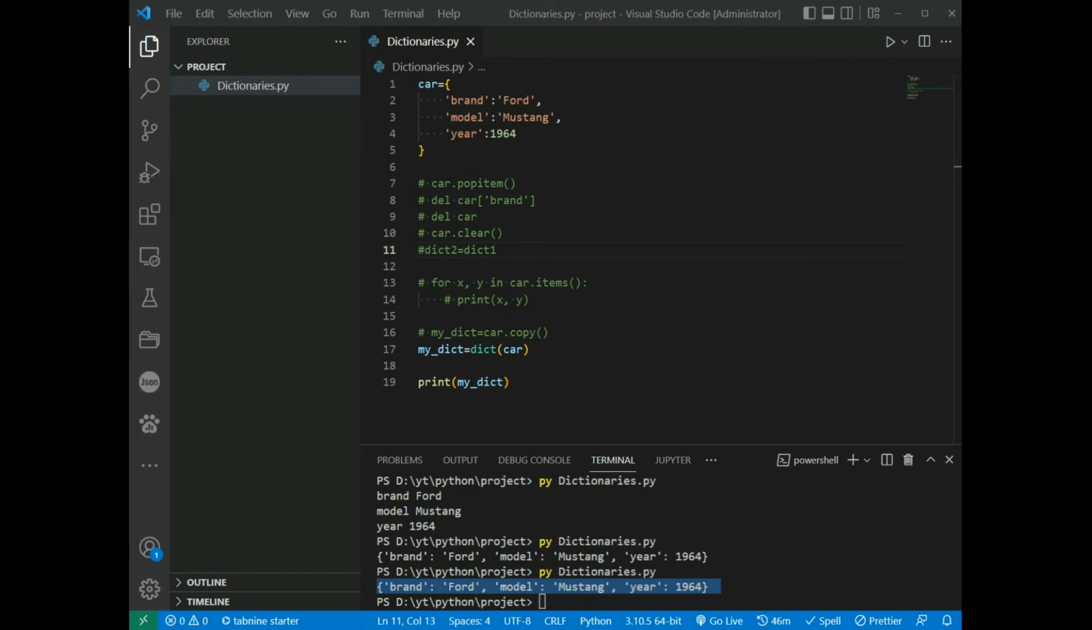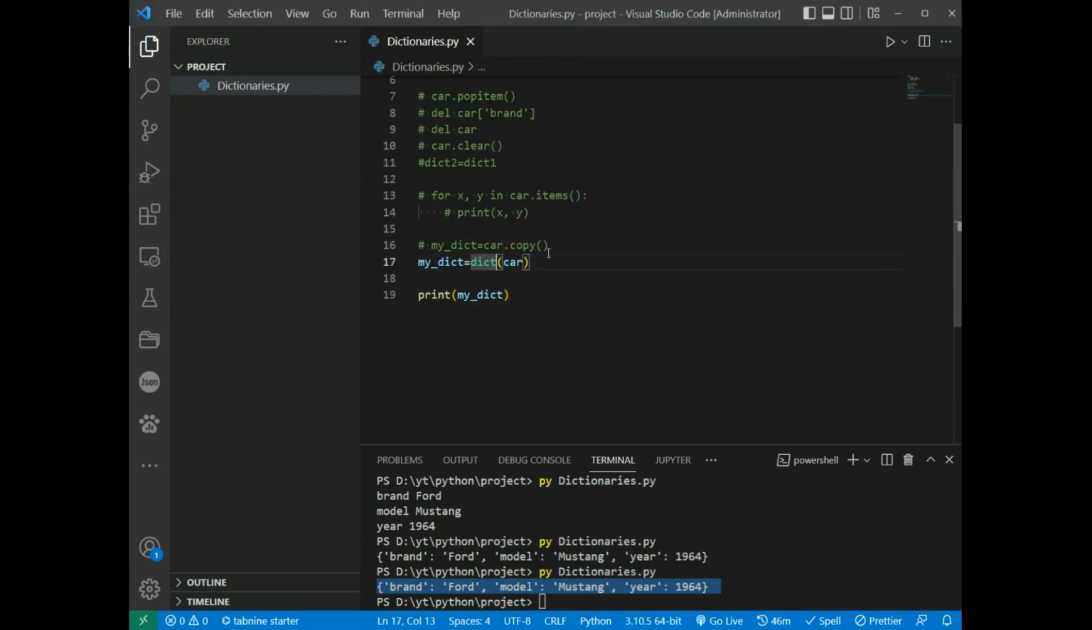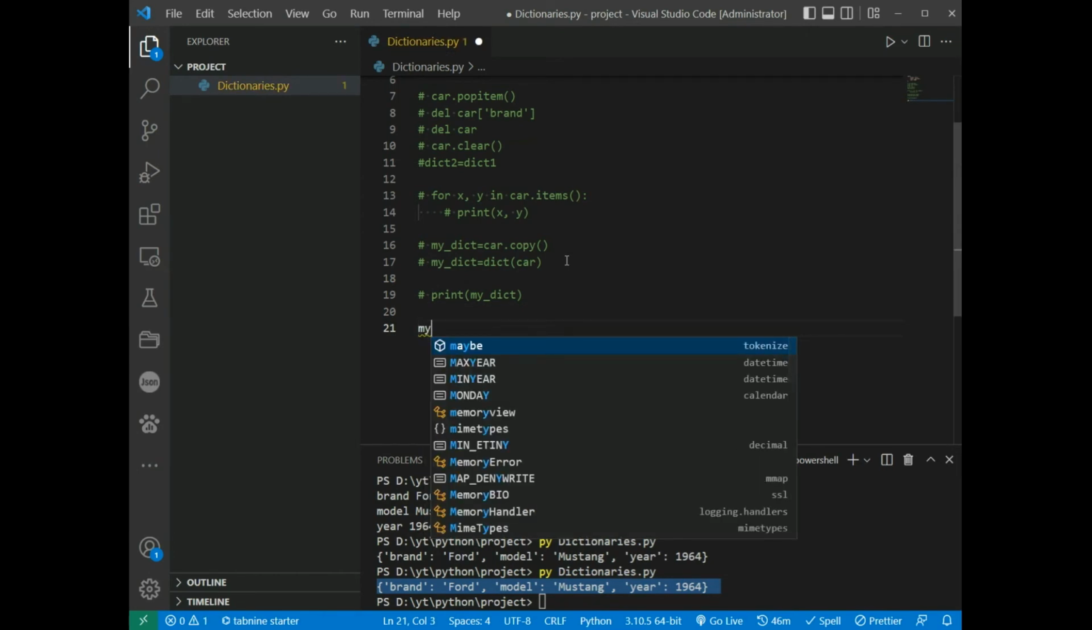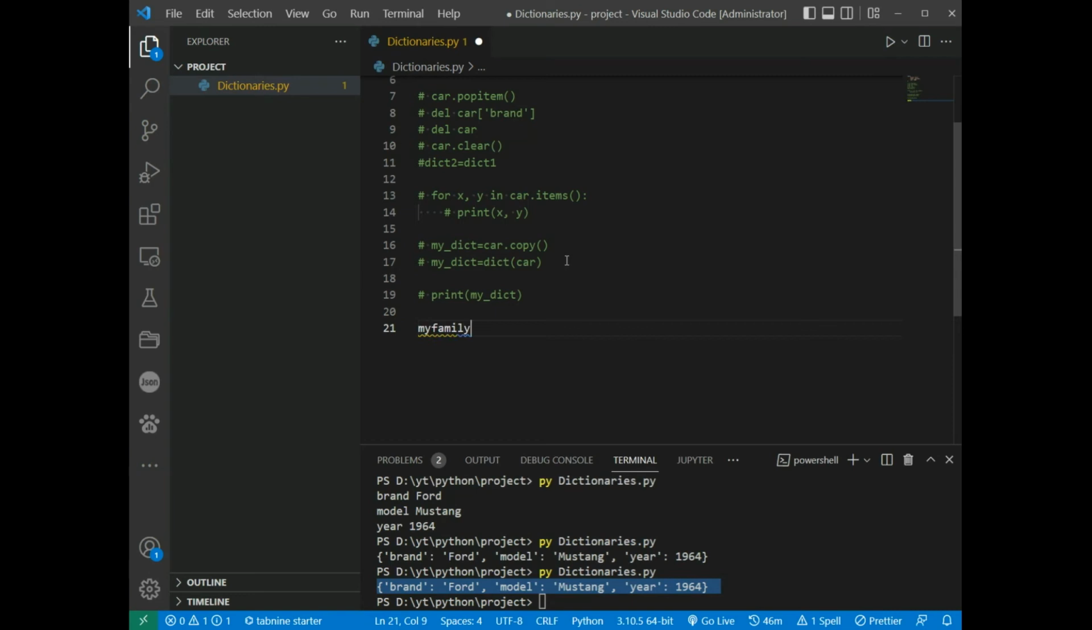And nested dictionaries. A dictionary can contain dictionaries. This is called nested dictionaries. So I comment these lines and create a dictionary. My family is child 1 equal to name is